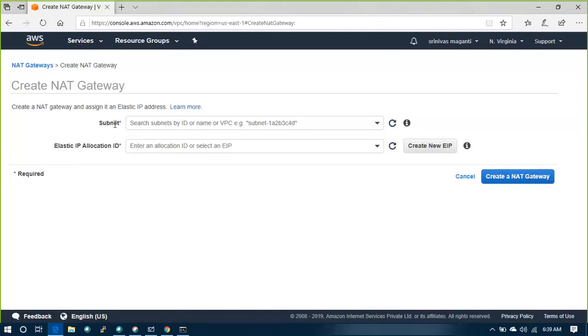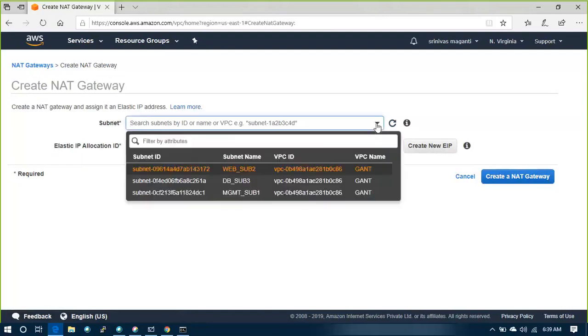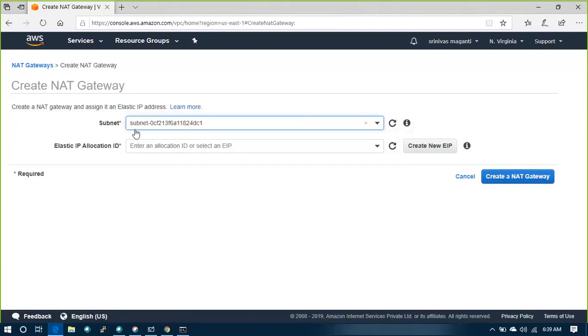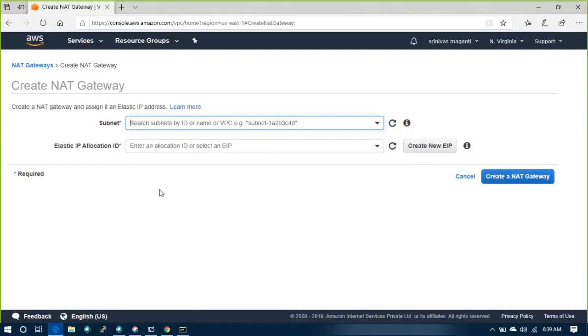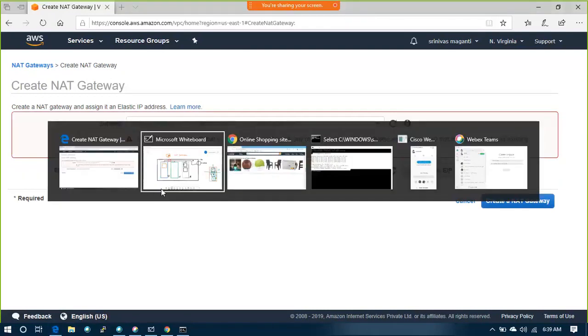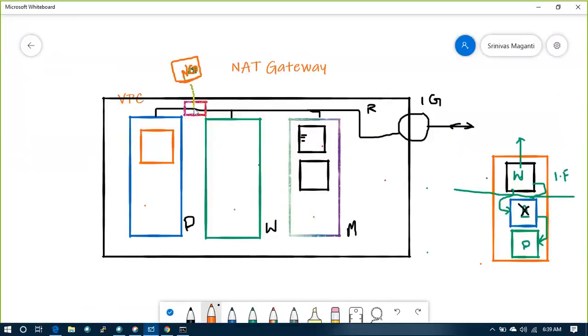for a subnet. Which subnet do you want to use? I want to put this NAT gateway on the web management subnet. So this gateway is deployed in this subnet. Okay.